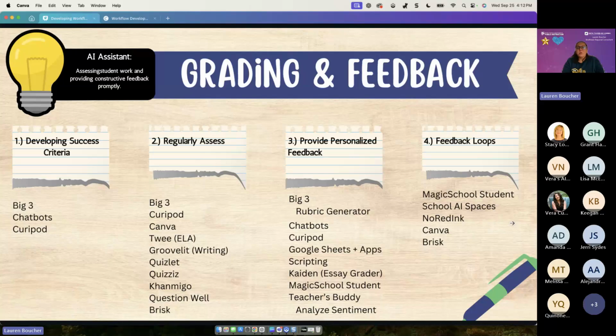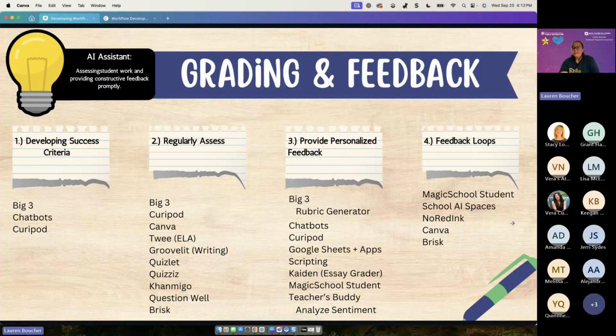CurryPod will generate that personalized feedback for you. They have created several new customizable lessons that are all around writing. And they're super fun and very highly engaging for students, very relevant for students. The students will write within that lesson and then get immediate feedback, and their writing is graded by the AI on a rubric as well.